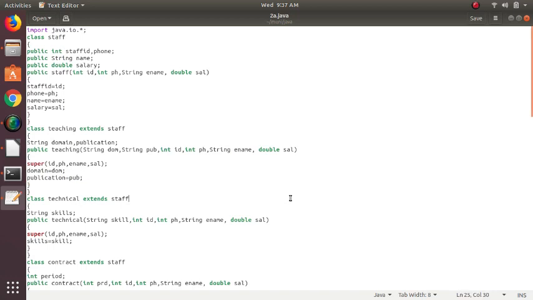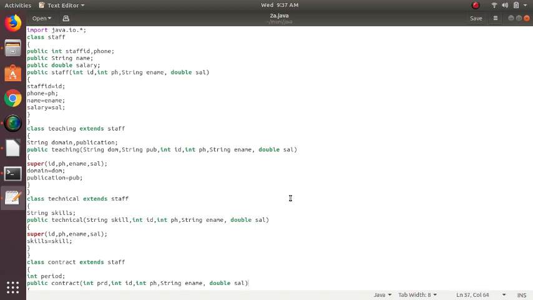The same way we will have the properties for technical staff here. You have the technical class again, which is extending from the staff class. The additional property in technical staff is skills, and the data type for that is string. It extends the ID, phone number, name, and salary from the main class.